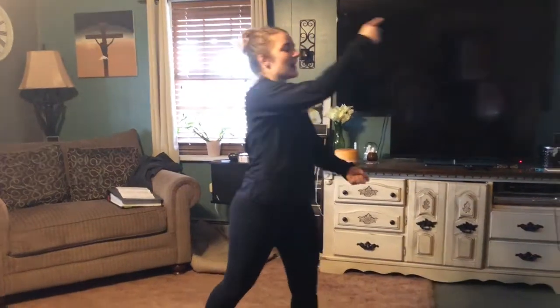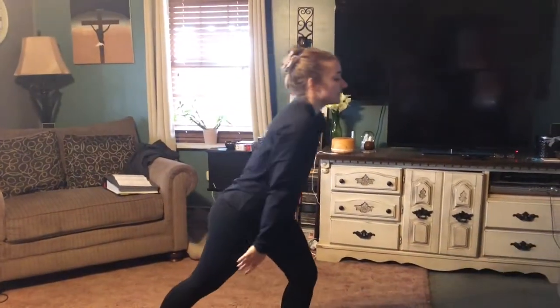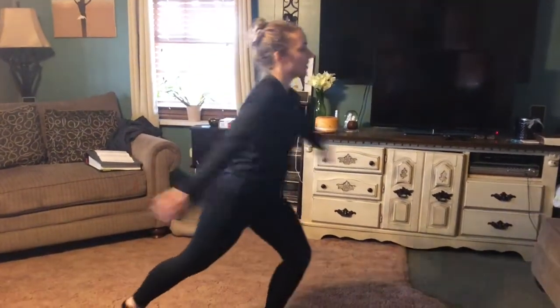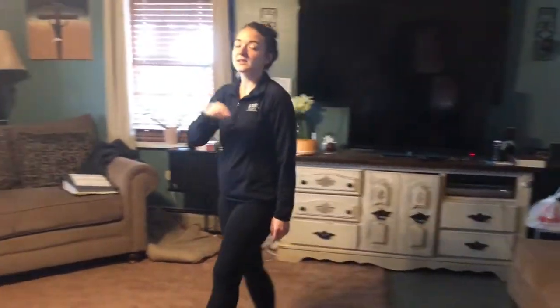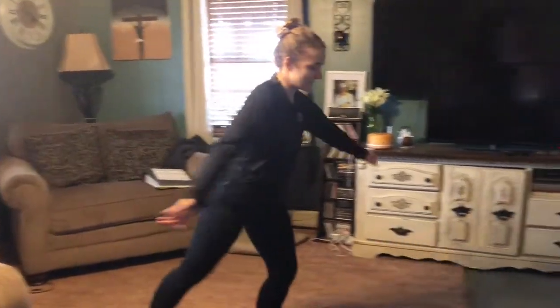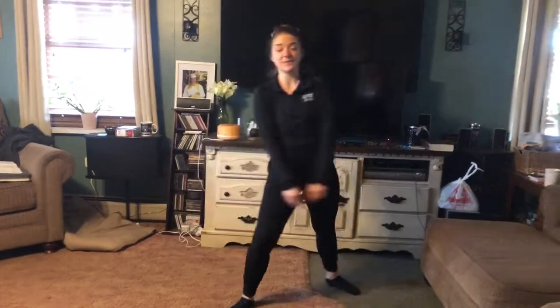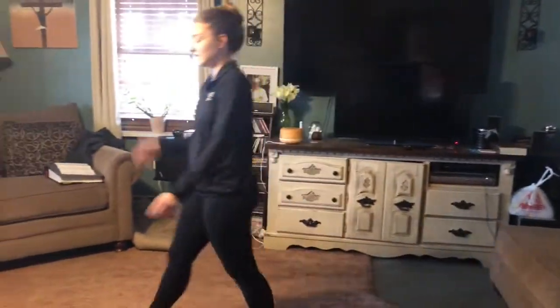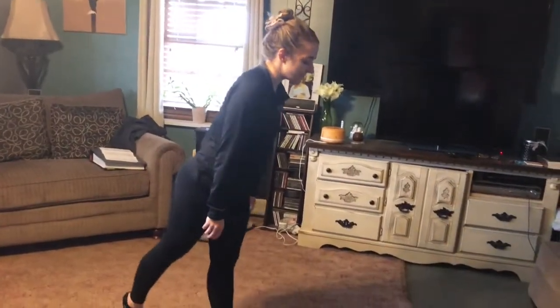But I want the arms to also be a part of that ripple. So you're here, you let them go, and then you go on your counts. So if you're 1, 2, 3, 4, 5, 6. So that first part, the shoulders are 2 counts. The little half attitude swivel thing is 2 counts, and then you'll start this on the next 2 counts, depending on what yours are. And then, so from there,